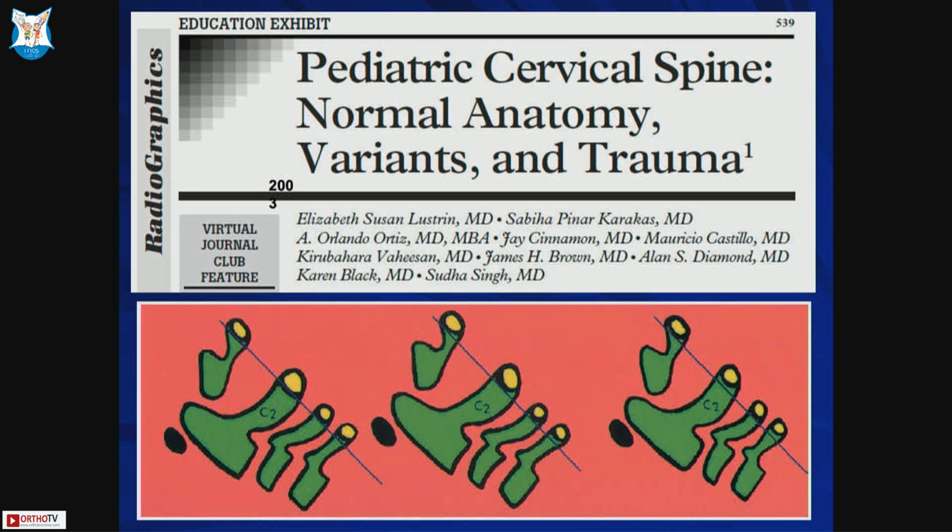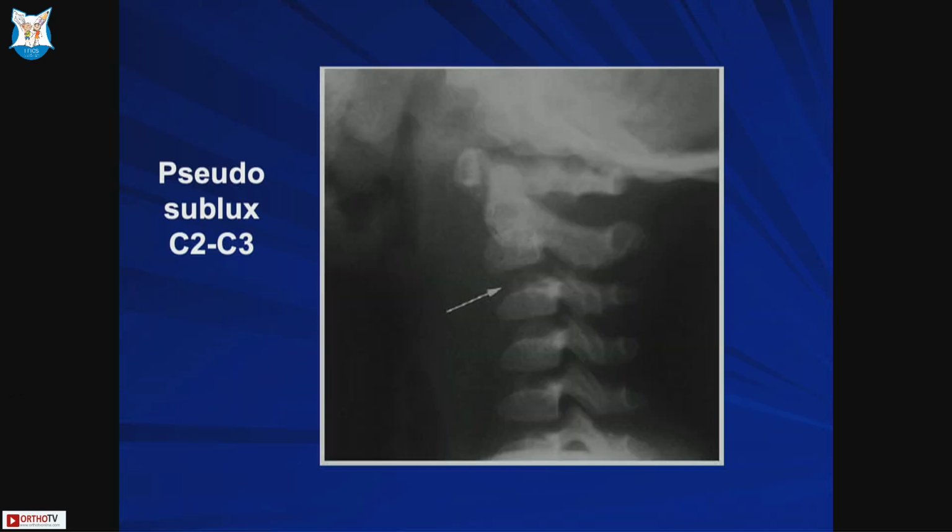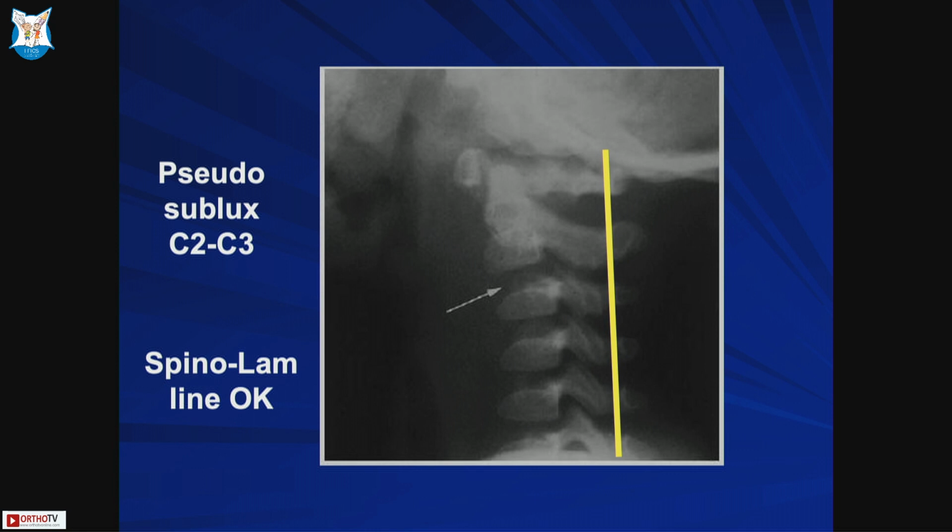When it comes to C-spine, the main thing that you may be called upon is a C2 subluxation. What you need to know is that there are variations in the cervical spine in kids because of the ossification patterns. So this may look like there is subluxation of C2 over C3, but it's a pseudo-subluxation. The way you know is if you draw a spinal laminar line, which is the line in the back here, and if they are all touching each other along the line, then it's okay, it's not subluxation. If it's a true subluxation, then the spinal laminar line would be broken at the level of C2,